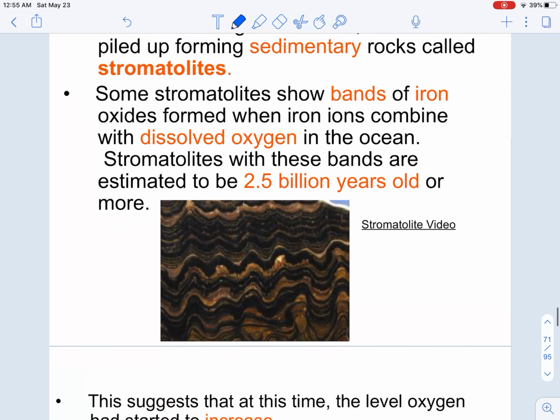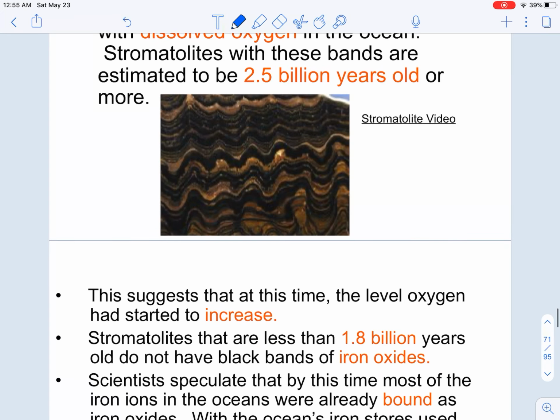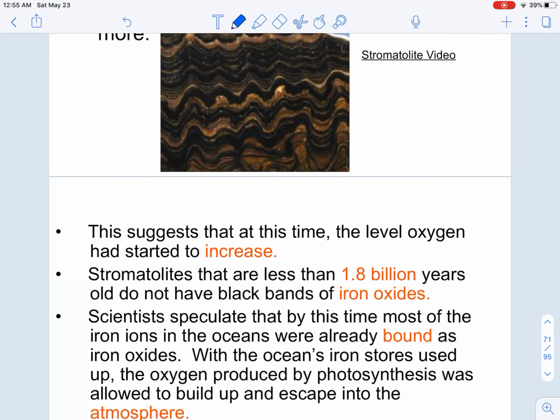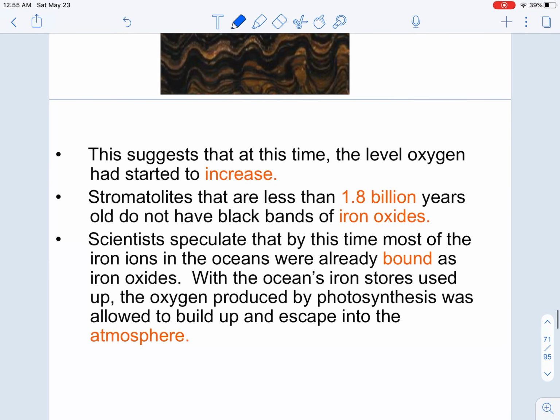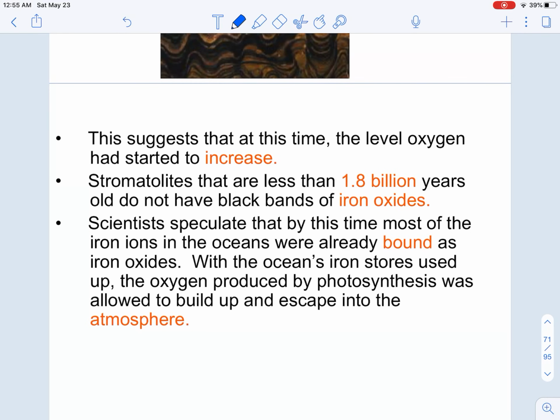When it has iron, it's kind of reddish. And looking at basically the rock evidence, we can see when oxygen levels started to go up, and for a long time the oxygen was trapped in those rocks in stromatolites, but as there became more oxygen,